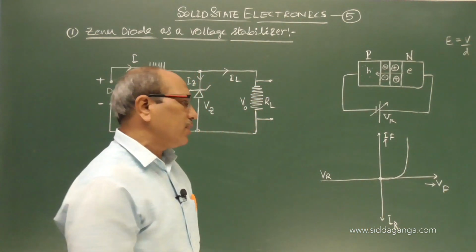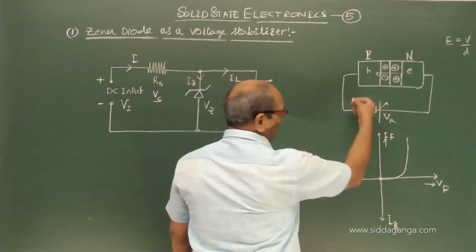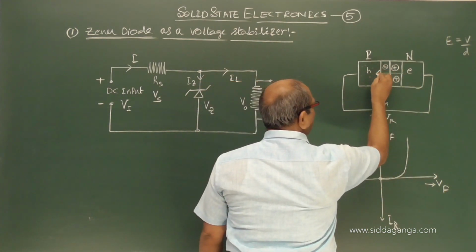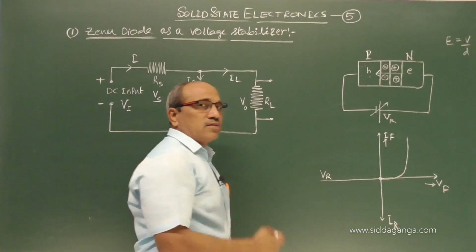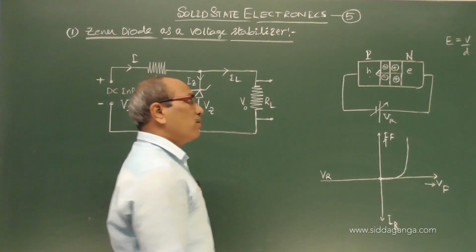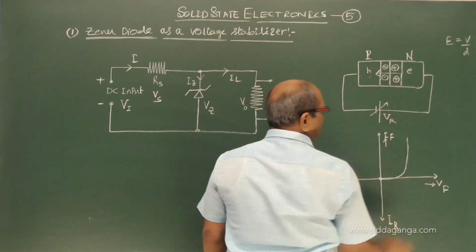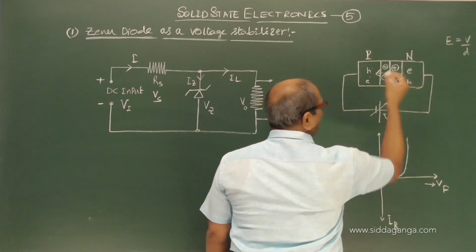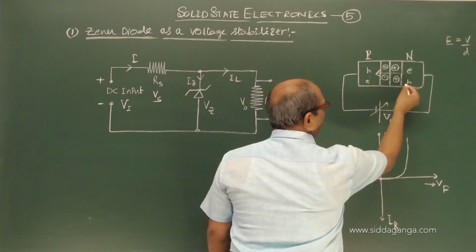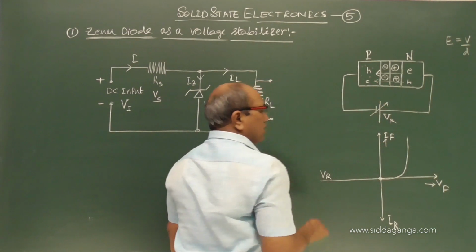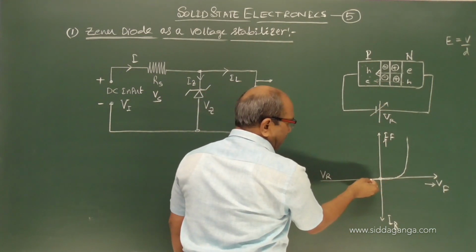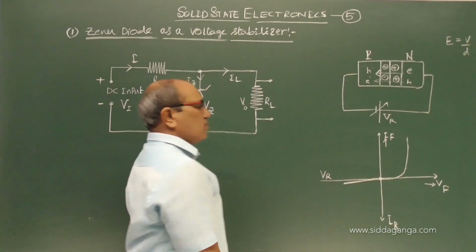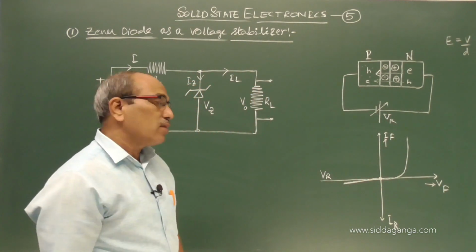the same Zener diode, if you study, you will get a curve of the same type as observed in the normal diode. But when you take the reverse bias, even though heavy doping is there, the strong electric field does not allow the current to flow. Diffusion is completely ceased, and minority carriers, electrons in this region and holes in this region, try to flow through this, but that is very negligible current as compared to normal diodes. Very negligible current we see.